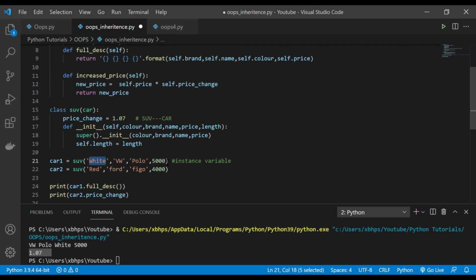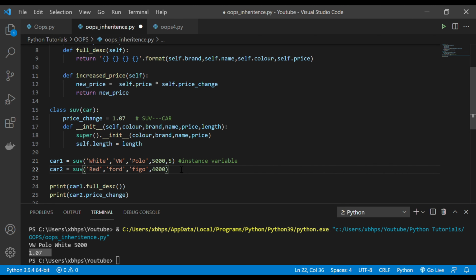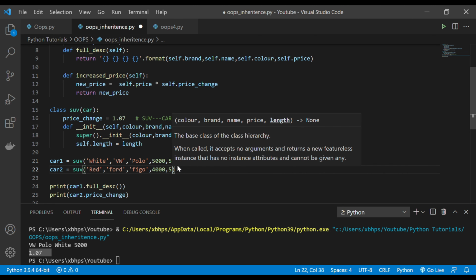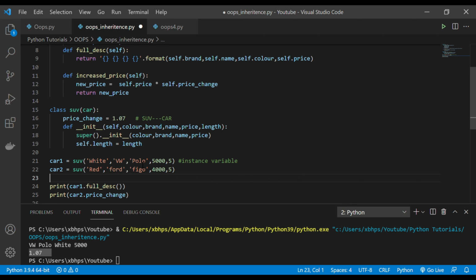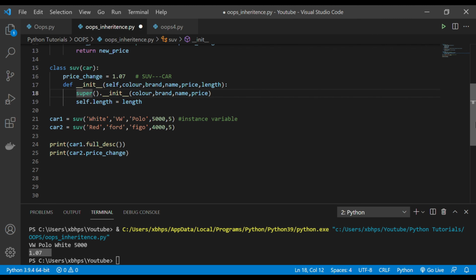So I need to add one more thing, right? So let's say I'm adding 5, and for this also, let's say I'm adding 5. So now this SUV class which I have takes another parameter here, and everything else, the properties, is the same, so I can still define it because it is defined in my super class. I'm using this super method, right? It's actually taking the values from the older class, understanding it, right?